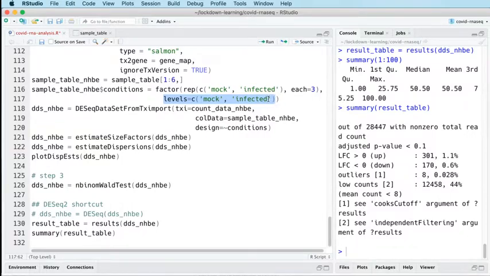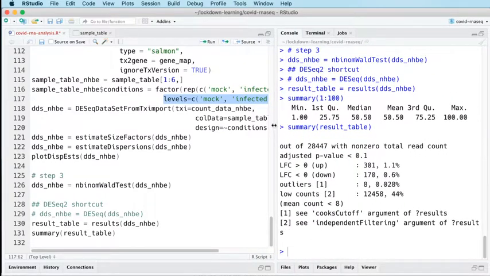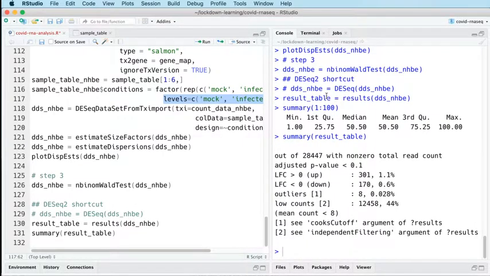So then the base level for the test becomes the infected level, and so what you're seeing as upregulation will be up in reference rather than up in infected. So if you've got them the other way around, then it will be because the levels are the wrong way around. Okay, so let's just take a quick peek at the results table,